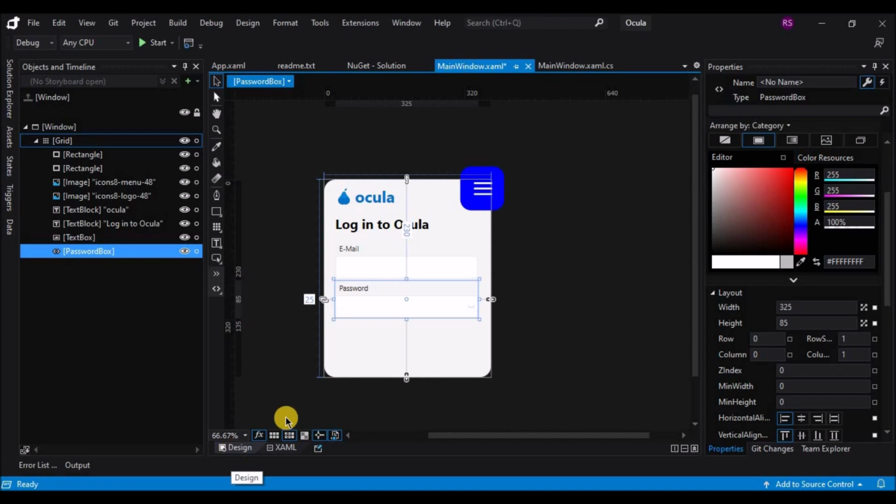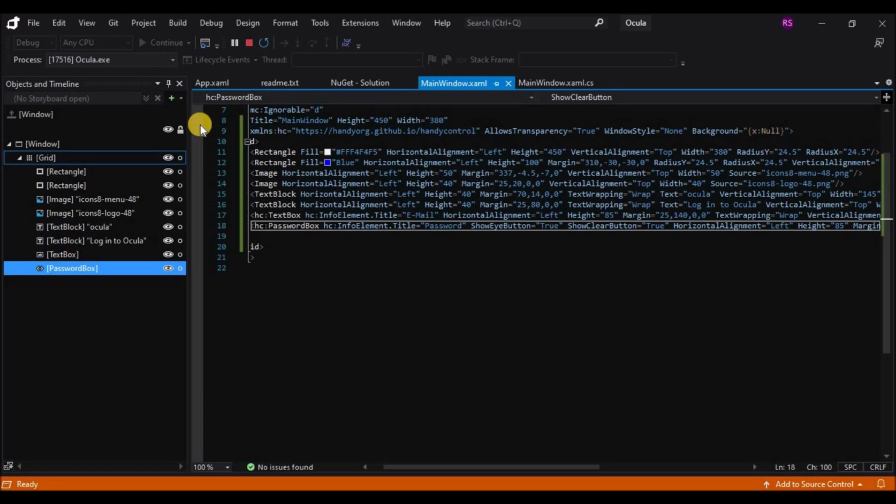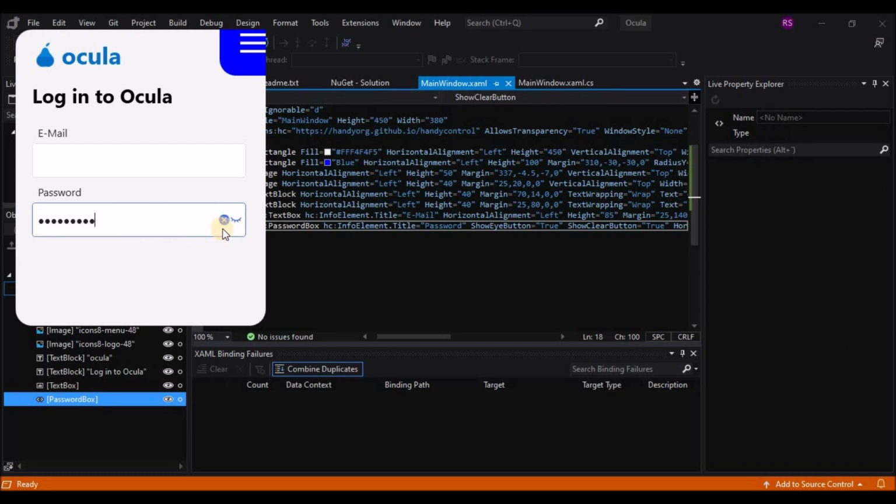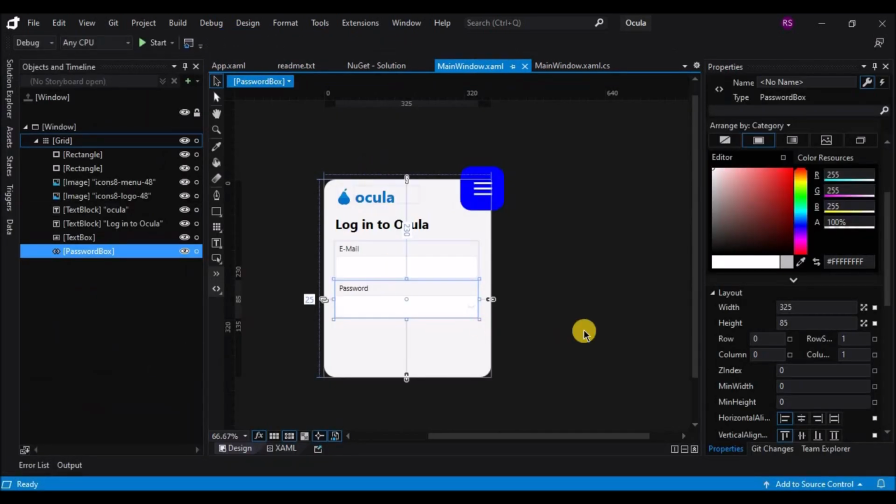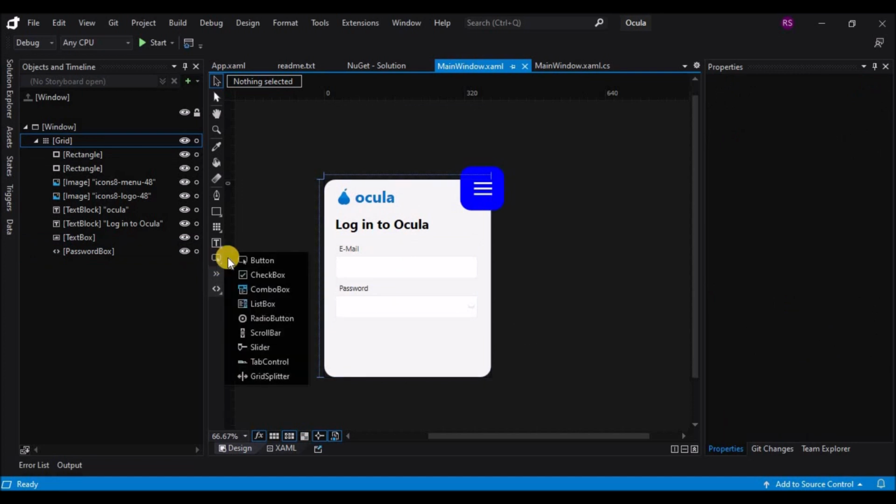Next, before that, we'll just run the application once and see how it looks. So you can see that we have this I button and the clear button, which works perfectly fine, and the above one is the regular text box. So now let's add a button below this.